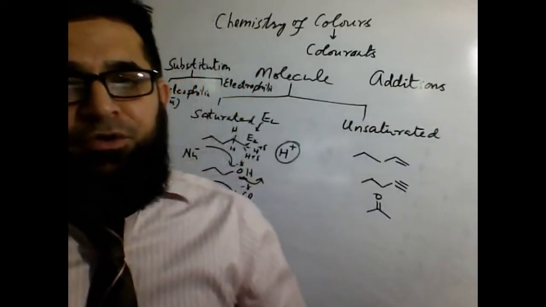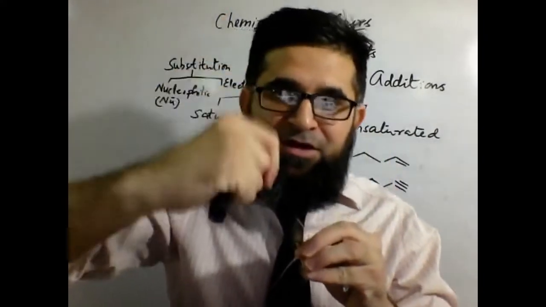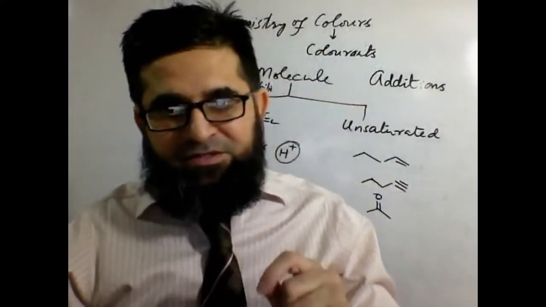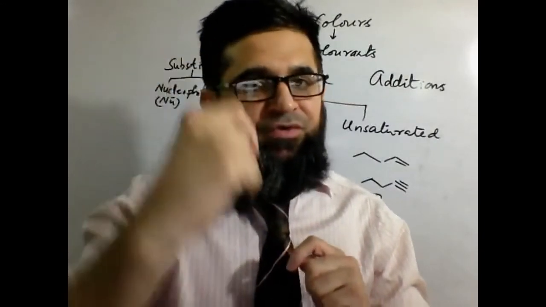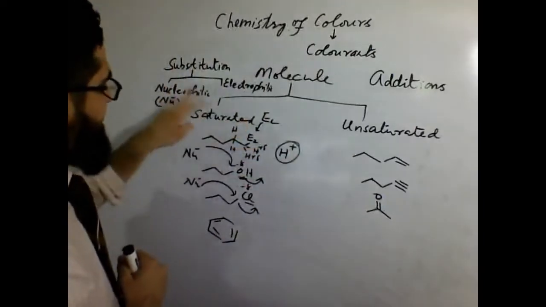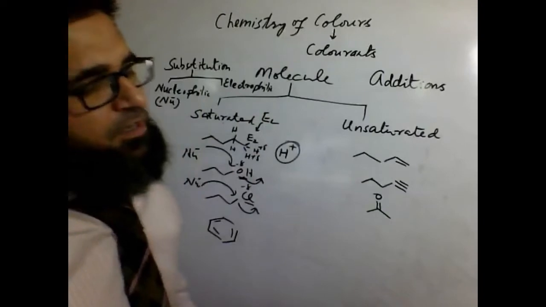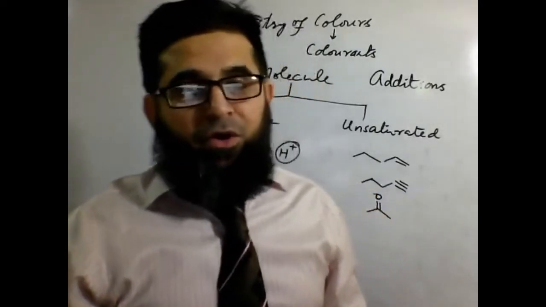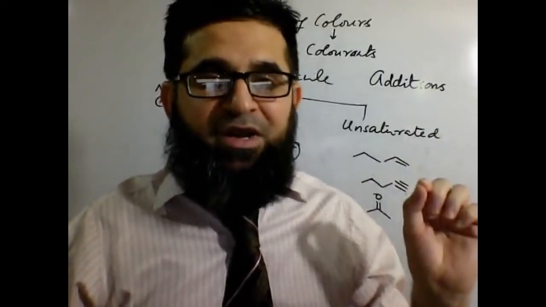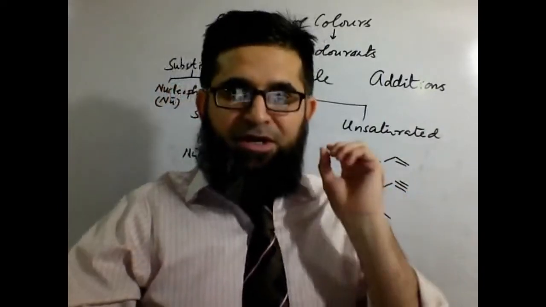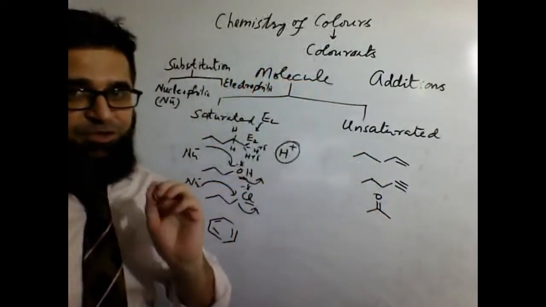So nucleophilic substitution happens when the molecule already contains a nucleophile. Electrophilic substitution happens when the molecule already contains an electrophile. So an electrophile can substitute another electrophile, a nucleophile substitutes a nucleophile. There is not even a single chance of cross substitution, meaning an electrophile cannot substitute a nucleophile, or a nucleophile cannot substitute an electrophile. So substitution is always of the same type.